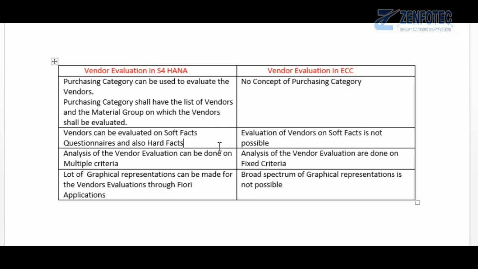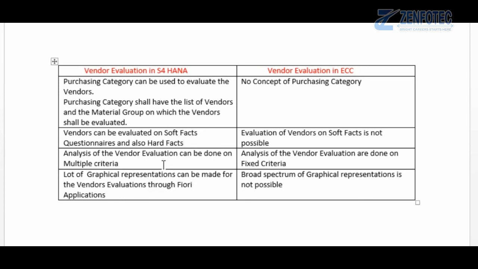Now, the purchasers are going to evaluate the vendors. How will they evaluate? The company will have a certain list of questionnaires that will be handed over to the purchasers. And the purchasers will be told how to evaluate the vendors based on the questionnaires. And the scores, we are going to take them out. Those scores are called soft fact scores. Those will be added to the hard fact scores which the system is giving, and our overall evaluation will come.